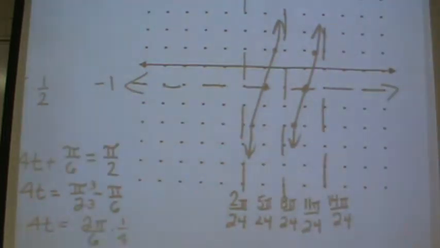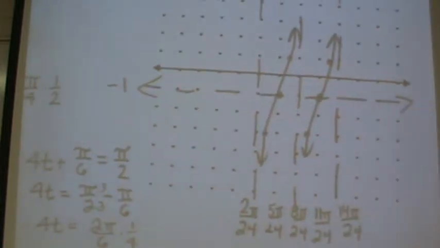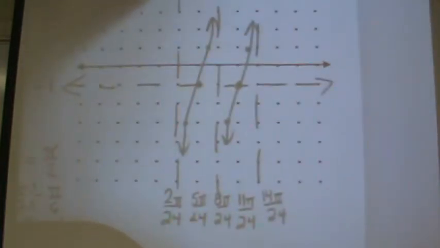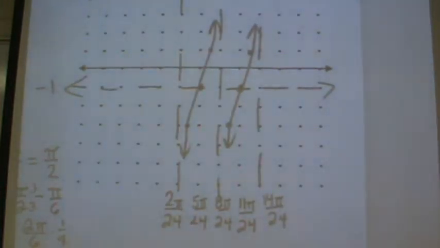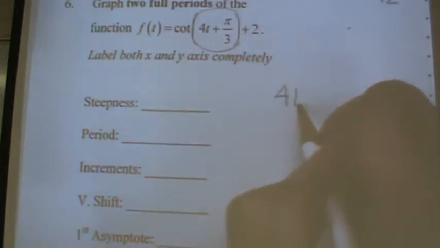Here's the next one. 10 points. No more, no less. All of it's labeled, graphed. So I gave you 5 for these and 5 for the graph. Now what's different about 6? 6 is a cotangent. So you're going to set this chunk right here equal to 0 to find your first